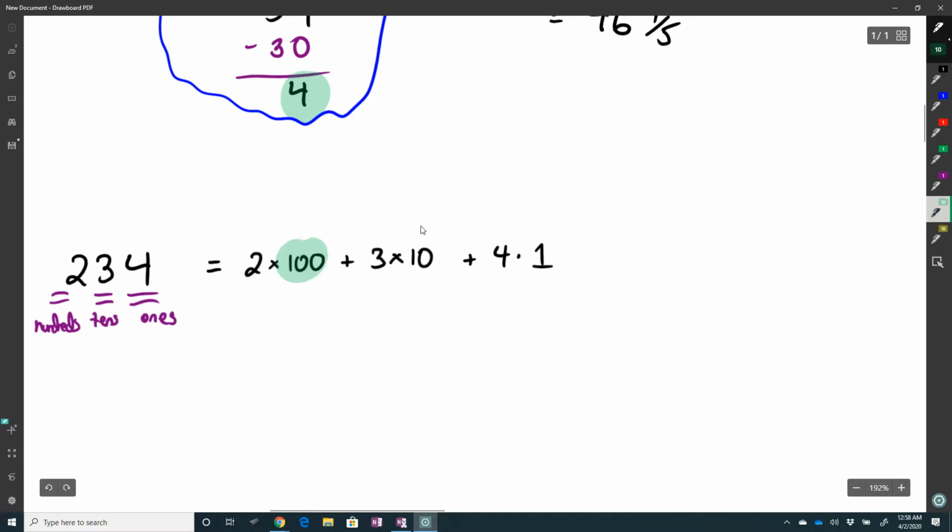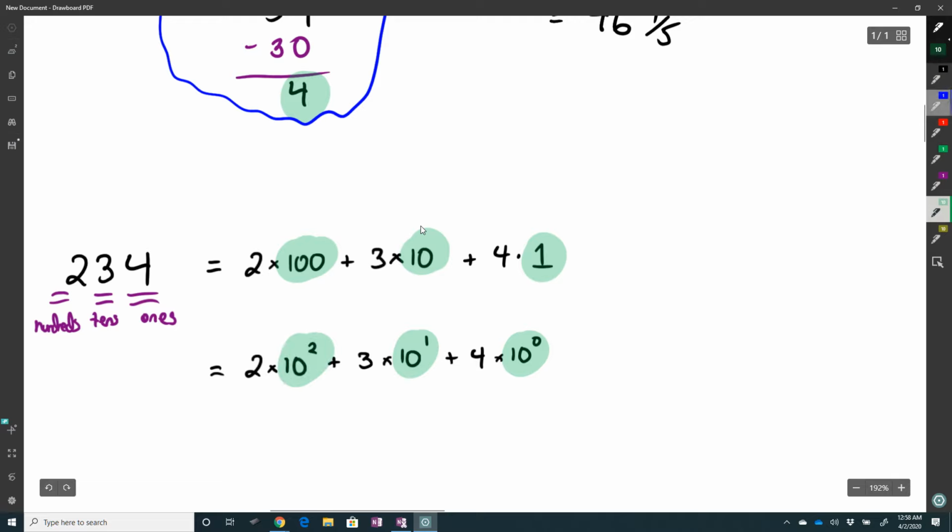The reason why it's a polynomial is these guys right here. So think of 1 as 10 to the 0. So I have 2 times 10 squared plus 3 times 10 to the 1 plus 4 times 10 to the 0. Okay? Now we call this base 10. It's the number system that we're used to. But when you're dealing with numbers, you can think of a number as being converted to any base you want.